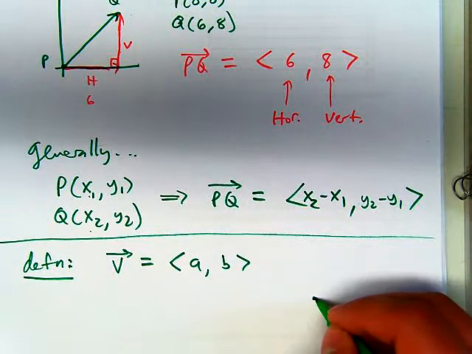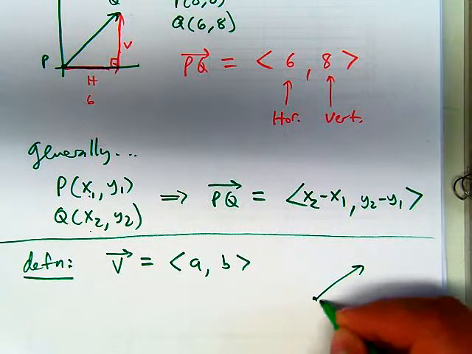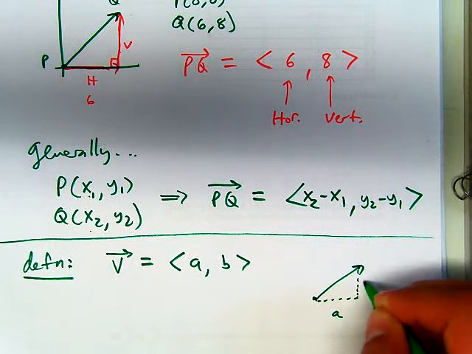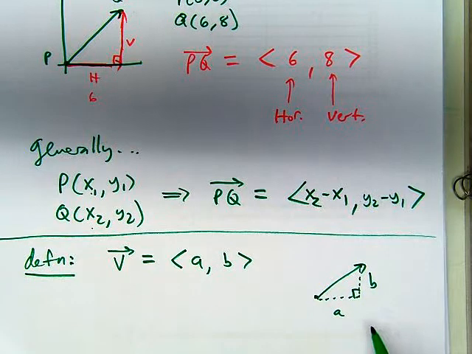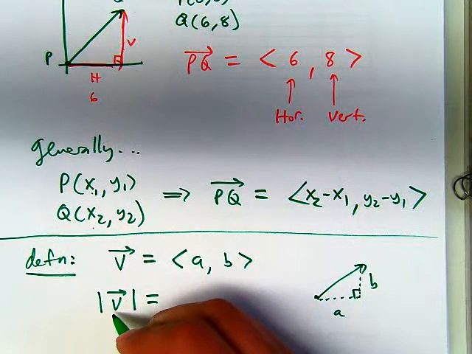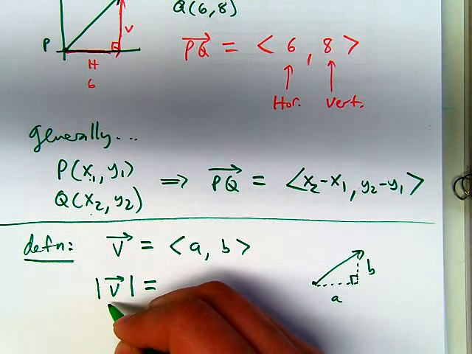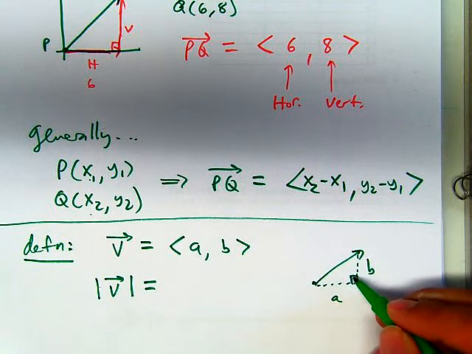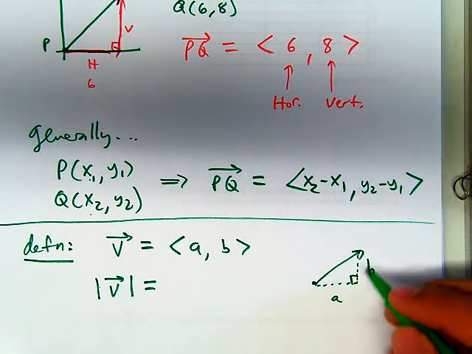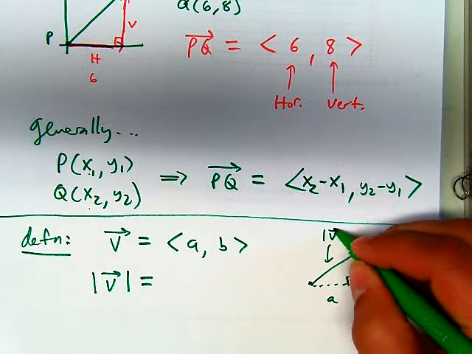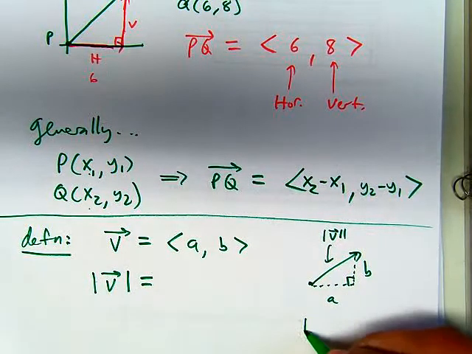That means that I have a vector that has a horizontal distance of a and a vertical distance of b. So now if I wanted you to find the magnitude of V, or the length of vector V, one way to do it would be to say, well, I could just do a right triangle and do the Pythagorean theorem, so that this length over here, which is the magnitude of V,